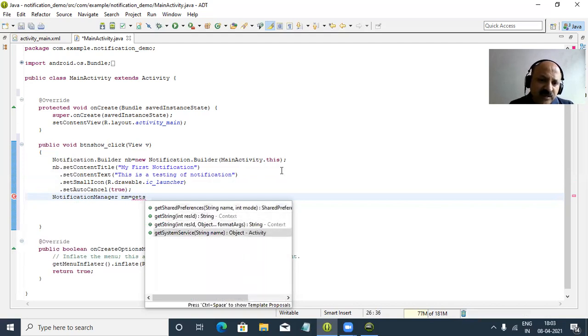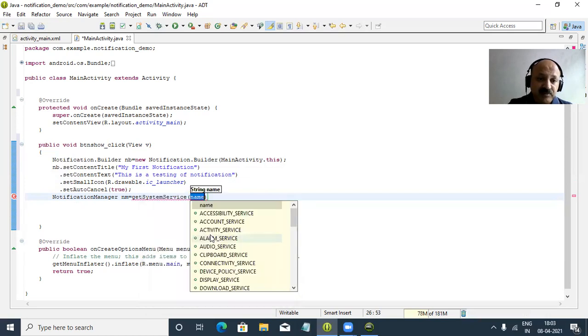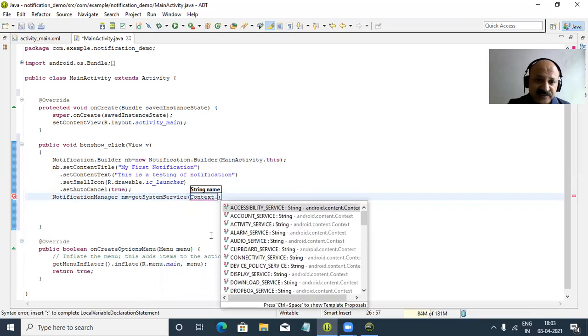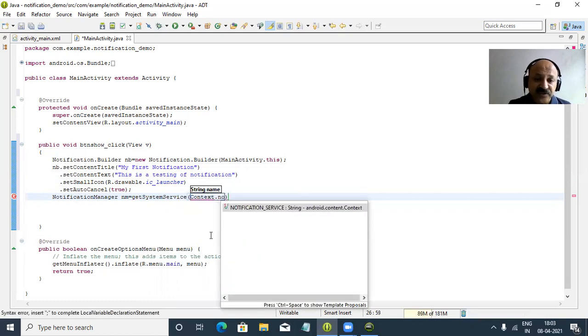You can look here, get system service, that is a method of the activity class, like location, means LBS service, telephonic service, and network API. Everywhere we can use get system service, and we can pass the context class constant member. So that is the context class, and we can say notification service.